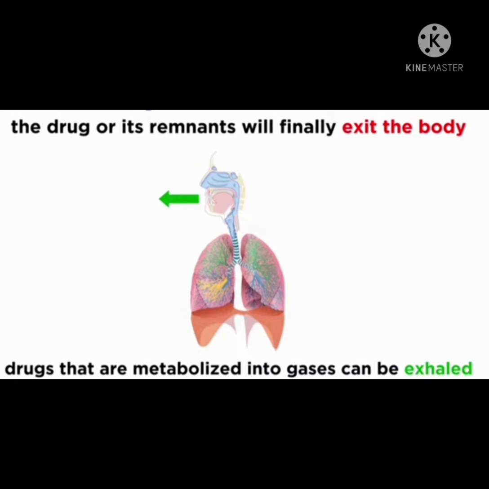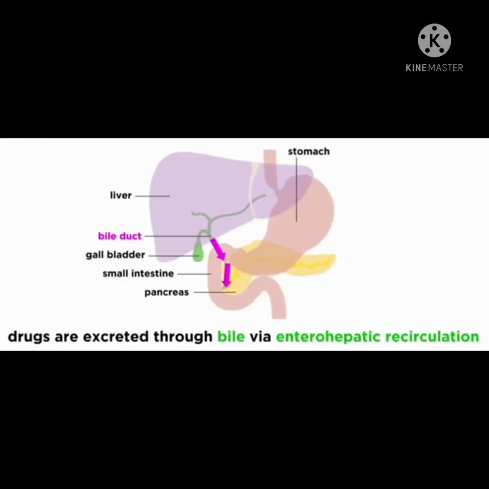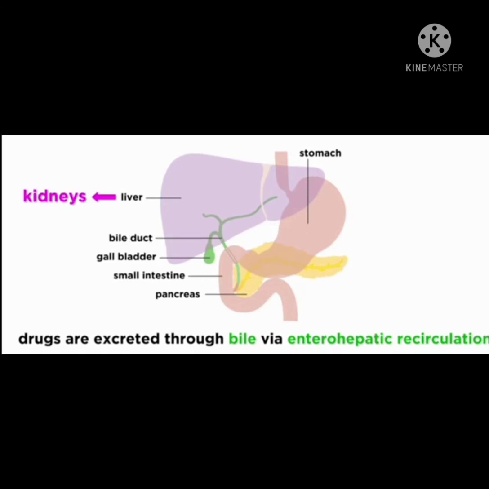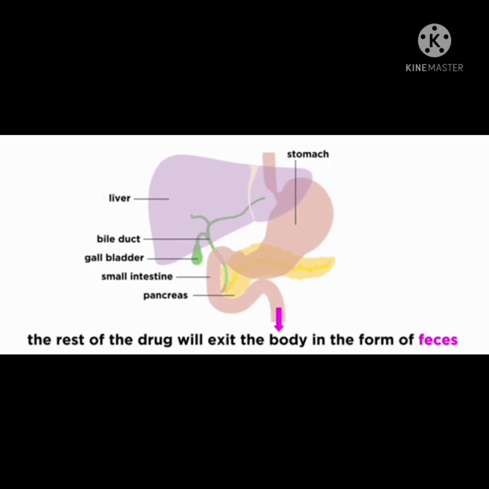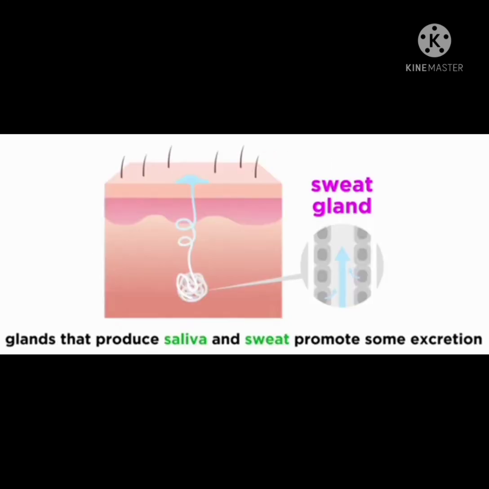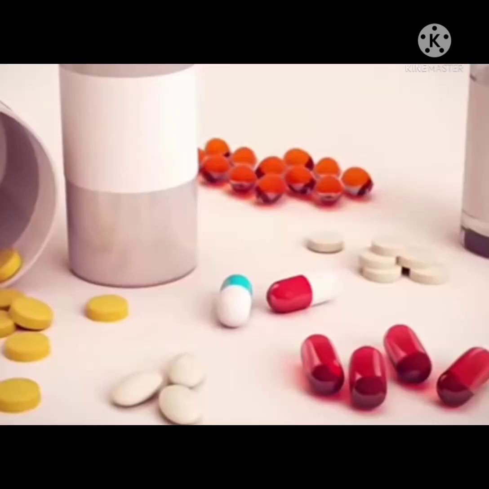Some drugs are excreted through bile, a substance secreted by the liver to aid in digestion, as bile is circulated back to the liver via enterohepatic circulation, whereby most of the drug can be excreted by the kidneys and the rest will exit in the form of feces. Glands that produce fluids such as saliva and sweat can also promote excretion, though this method tends to be less effective. And with that, we have traced the journey of the drug into the body, around the body,